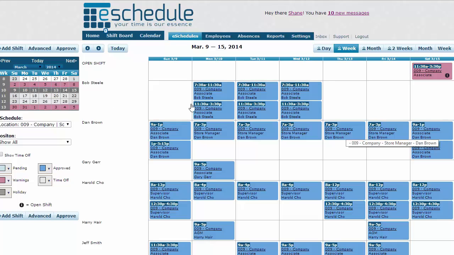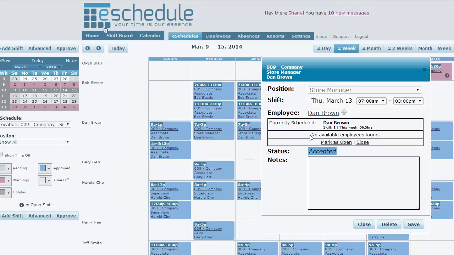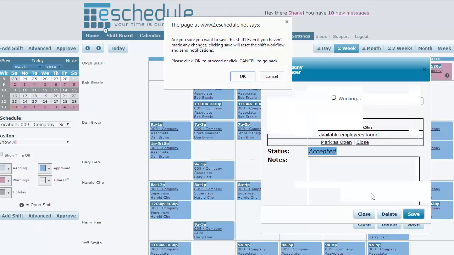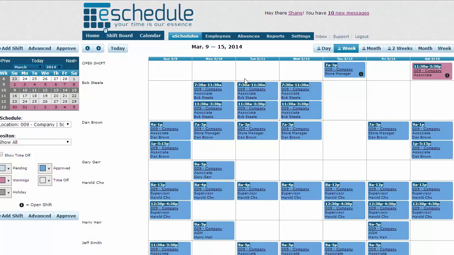So you want to make sure that you know that, and that if we were to take away Dan's shift here, no one's available to work it, but we want to just leave it as open, and click save. It'll come up with that warning that pretty much says that notification is going to be sent out. And then of course it's going to move into our open shift category there, and send that notification to Dan that says he's no longer